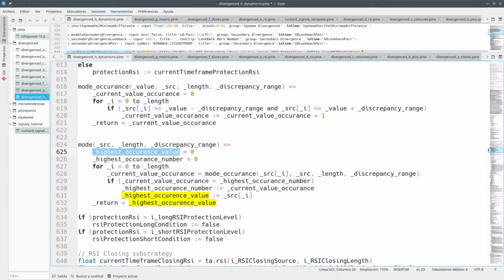So we have a variable for value, another one for the number. I guess that this is the number of times that happens. So you have what you are using to count the stuff. Okay, how many bars you go back, and this is